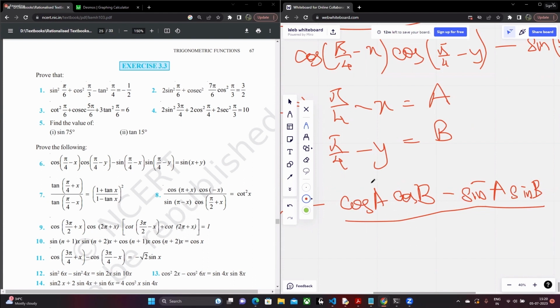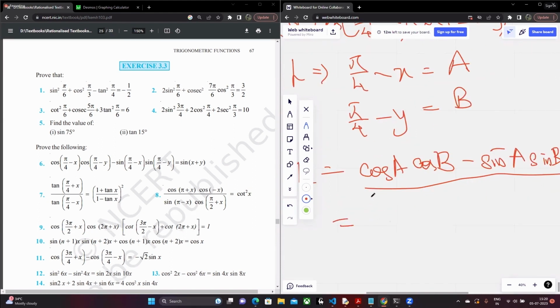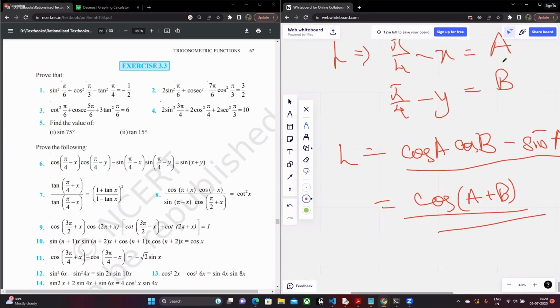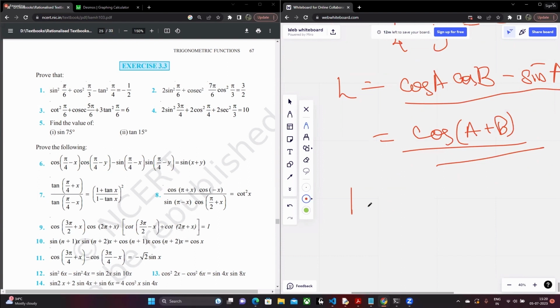Since I've basically substituted A and B for x and y, this is basically equal to cos of A plus B. Back substituting A and B,